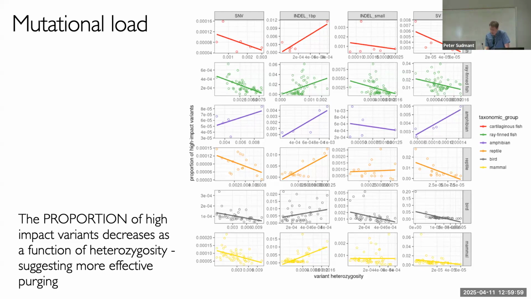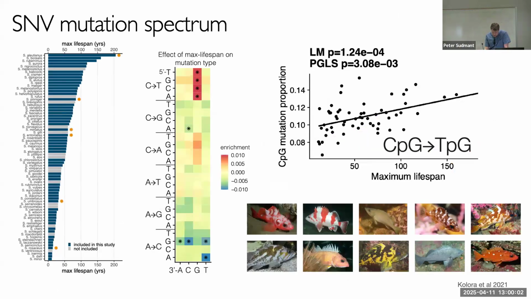Okay, so the last thing I'll talk about with this, which I think is super cool, comes back to this analysis I told you about at the very beginning, where we were looking at mitochondrial genomes and somatic mutations, and it was different in humans and chimps, or in humans and mice. And we saw this a couple of years ago when we looked in our goofy fish too. And we did this analysis where we looked at segregating genetic variation, so SNPs in the population of these rockfish. Some of these rockfish live for 10 years, and again, some of them live for 200 years.